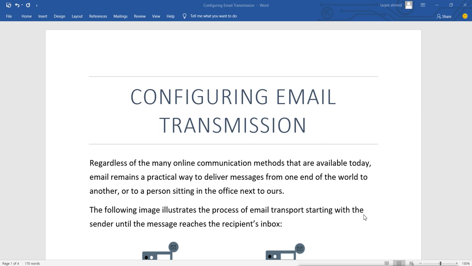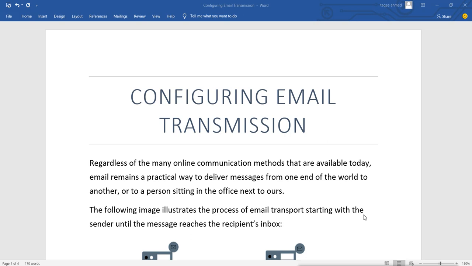Mostly in organizations, they use email services to do the communication. Whatever you want to communicate to your seniors, HRs and so on, you have to send a mail and they will respond to your mail. So it is like recorded communication. Nobody can deny that they have not sent this or have not received this. So everything is mostly done on email.